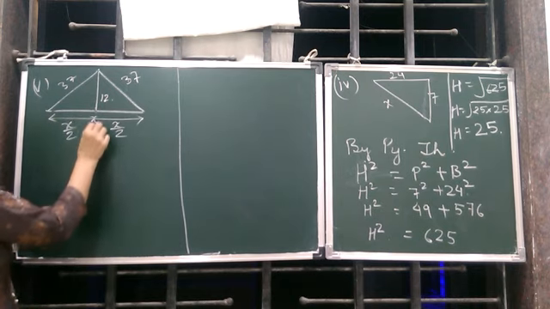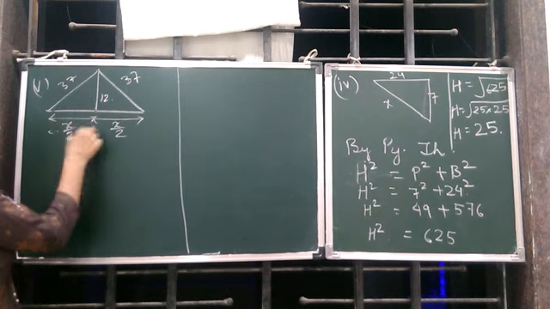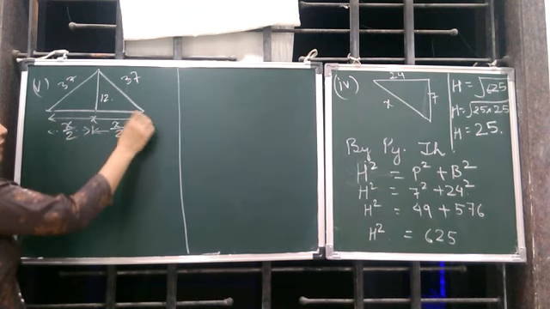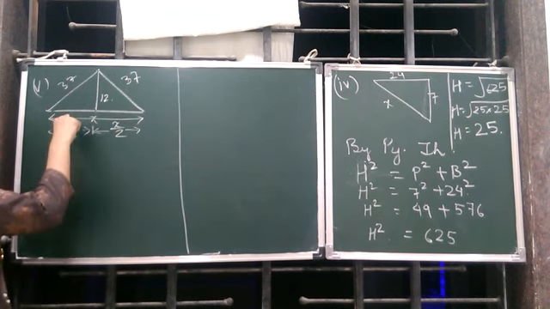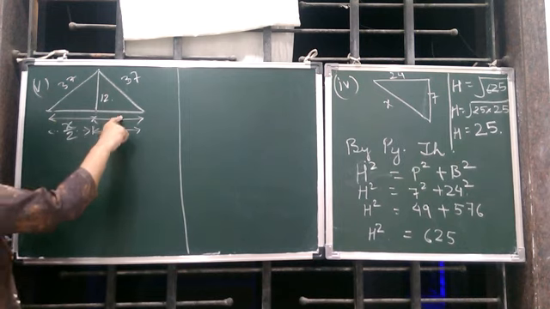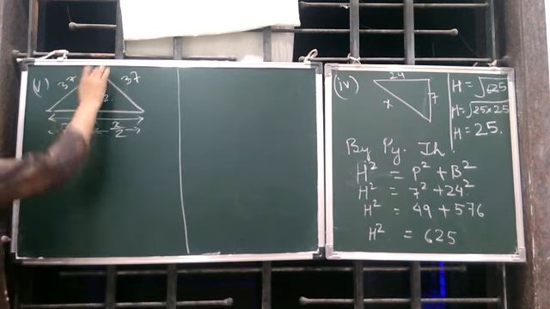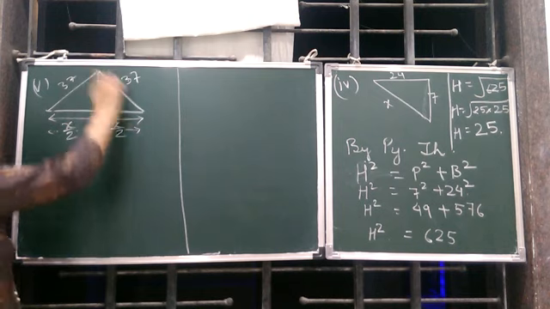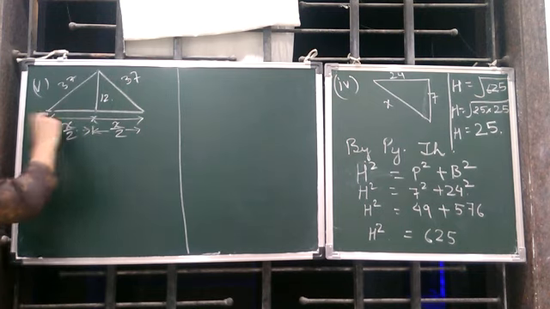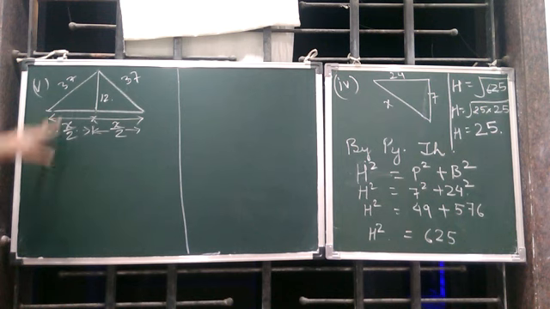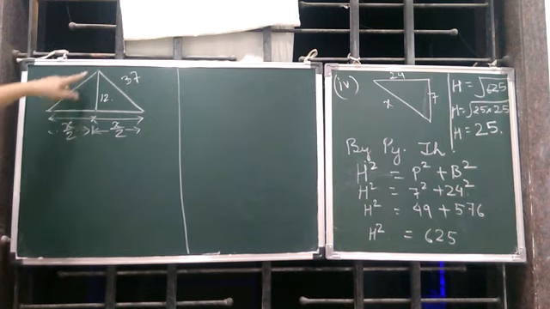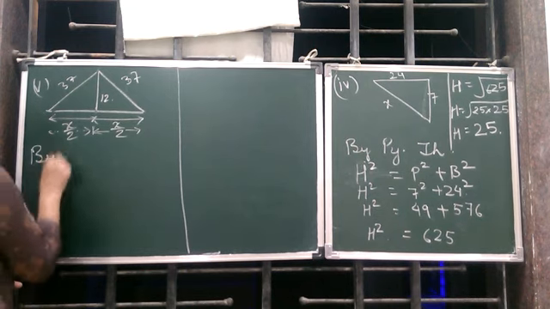तो हमको दो ट्रायंगल मिल रहे हैं. देखा आपने? हमको ये x को हमने दो पार्ट्स में डिवाइड कर दिए. ये आधा x और ये आधा x. Okay. Now this is one right triangle, and this is another right triangle. So for this triangle, what will be the base? This x by 2 will be the base, perpendicular will be 12, and hypotenuse will be 37. So again we write by Pythagoras